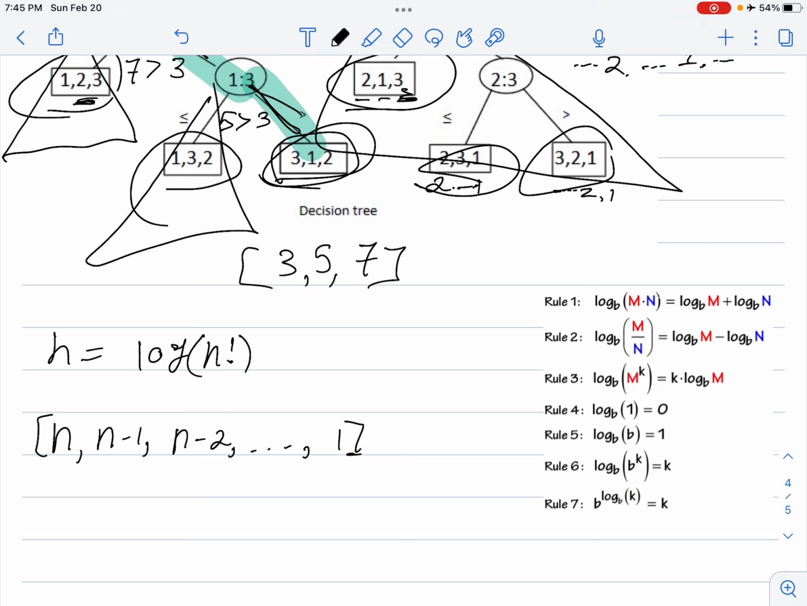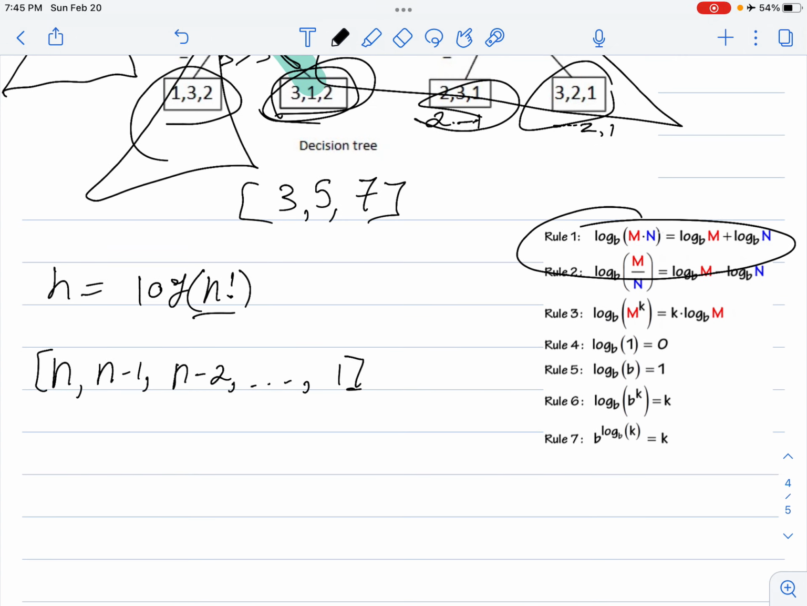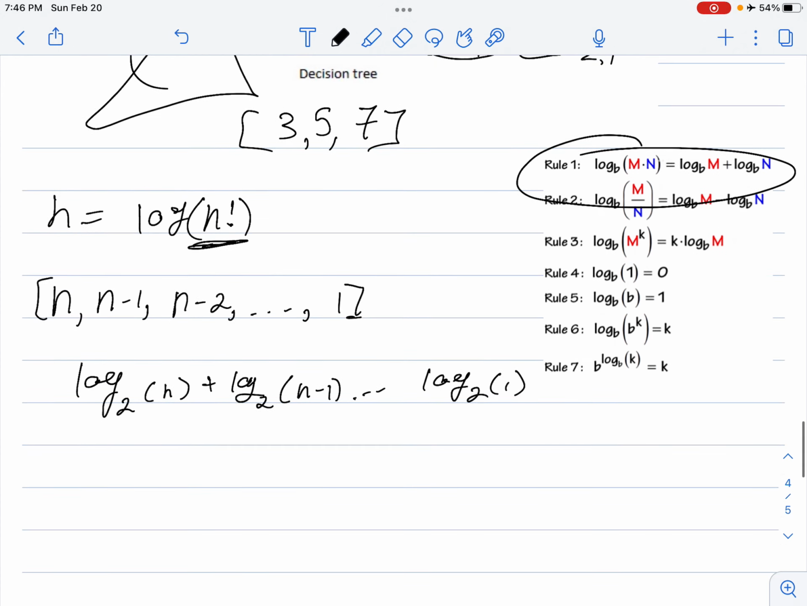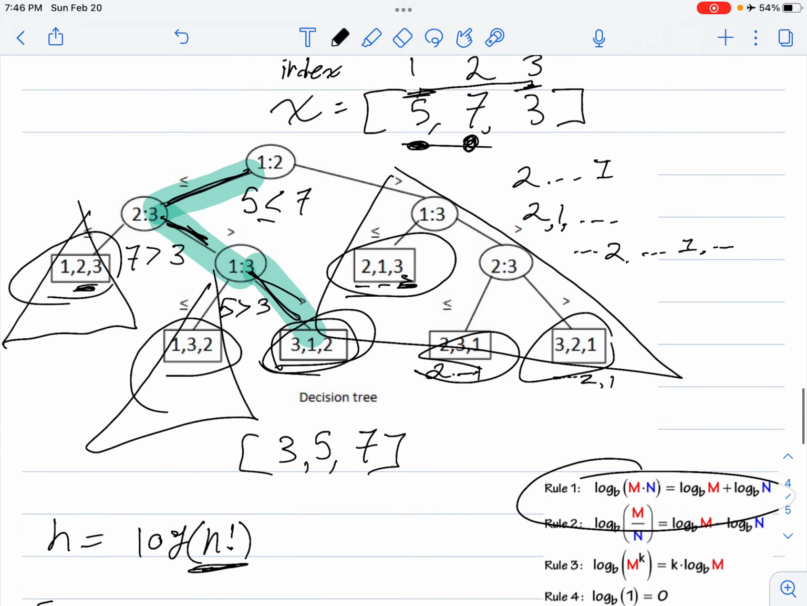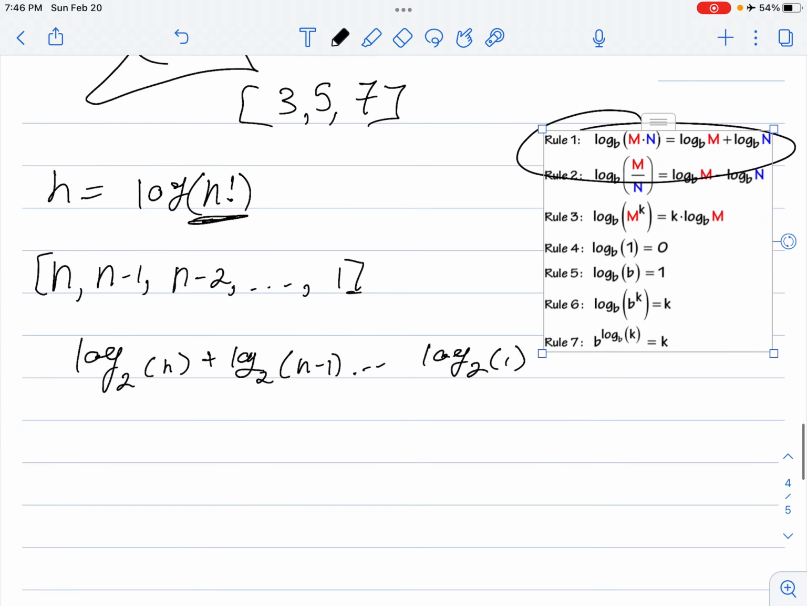And so I also brought in some log rules from the internet over here too. And we know with this kind of log factorial thing that we would be taking log base 2 of n, and then we could break it up into log base 2 of n minus 1. And I guess this would be like n minus 1 factorial, and you keep breaking it up that way, all the way down to log base 2 of 1, right? From here, to finish out this proof of how far we have to travel,